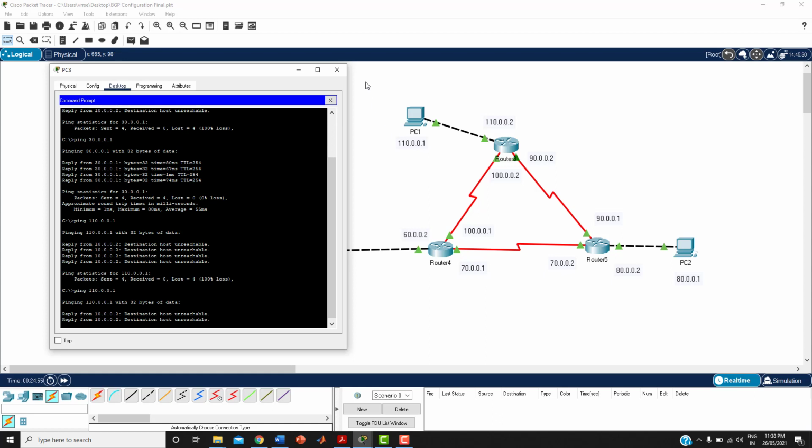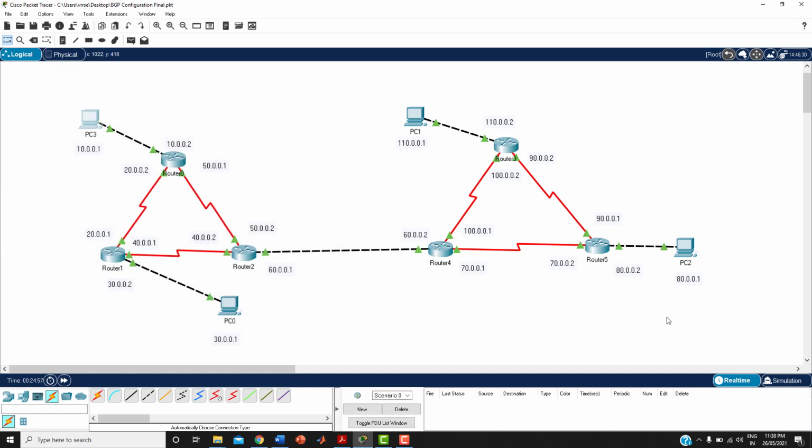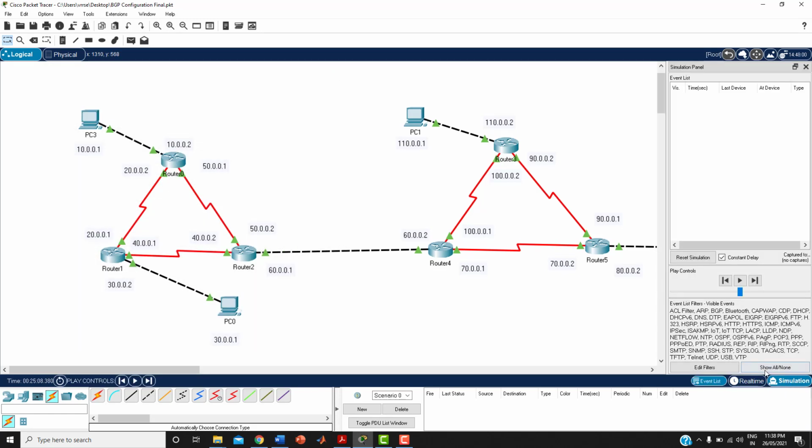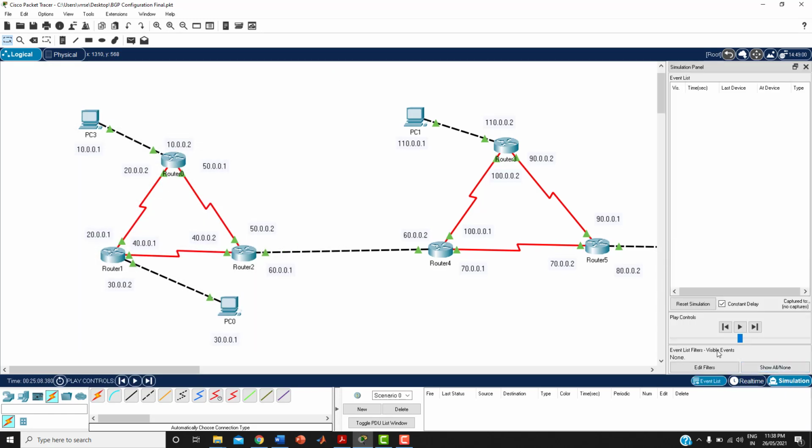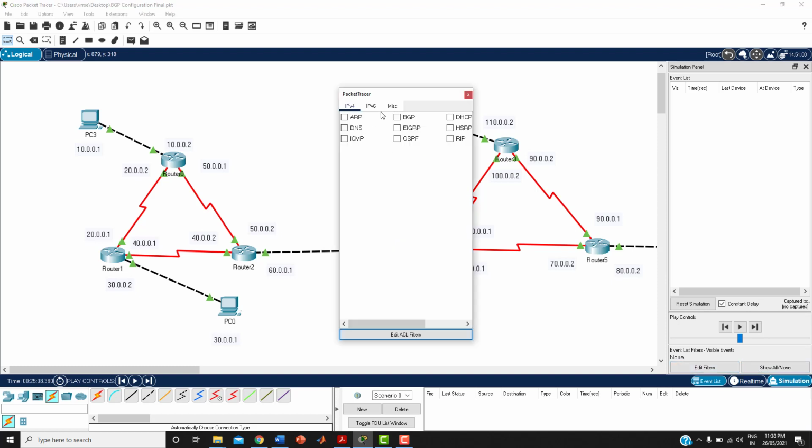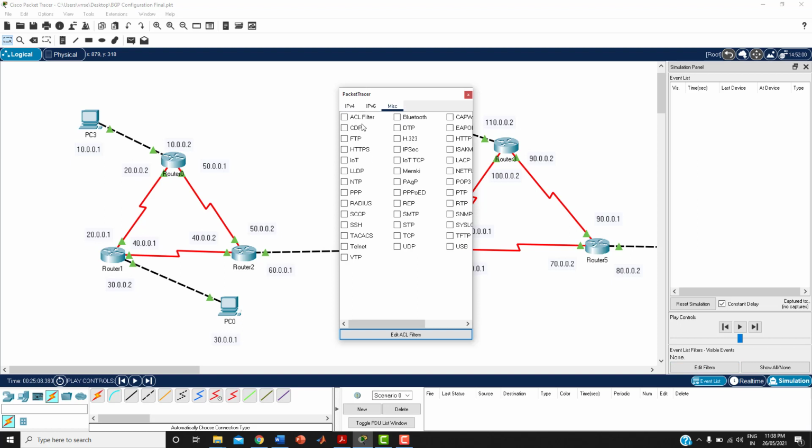We can go for the simulation. From the simulation, I'm going to find where the packets are getting blocked. Let me enable the ICMP, only the ICMP I'm going to take.